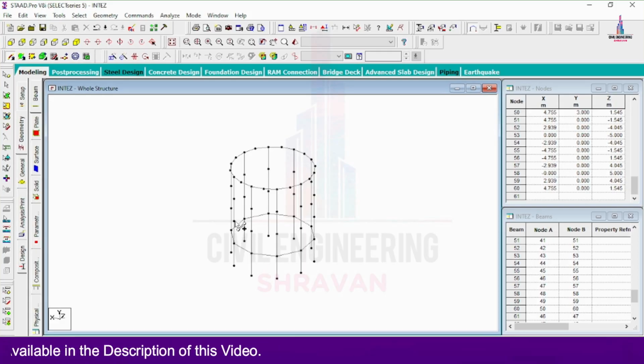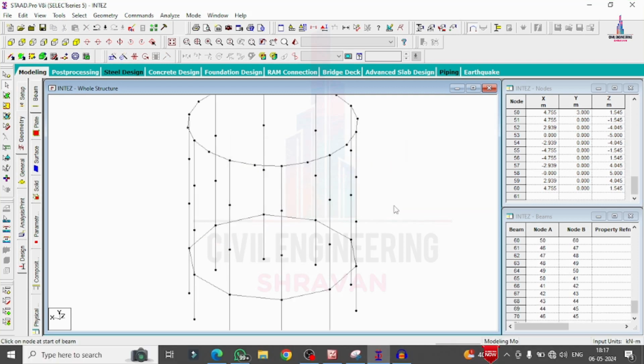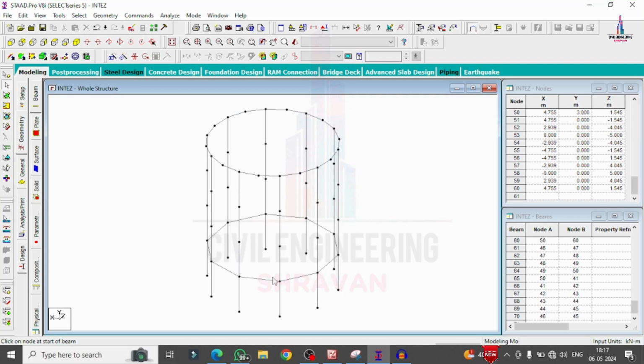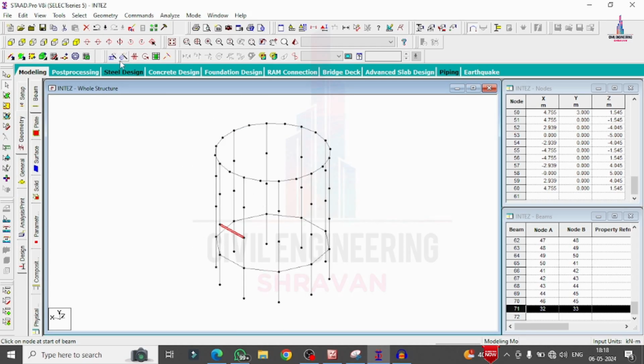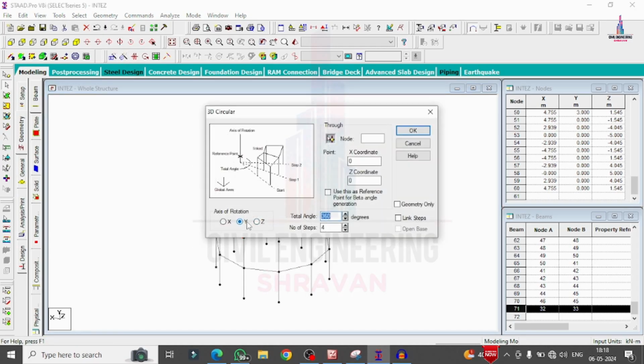So for the circular repeat option, we have to select the beam section, one beam section here between the 2 node points. Now I will explain how to create this particular circular beam section with the help of the circular repeat option. For that, initially we need to draw the beam in between the node points here like this. Firstly, we will select this particular beam section. We will copy this beam section in circular shape. Go to circular repeat option, y direction.